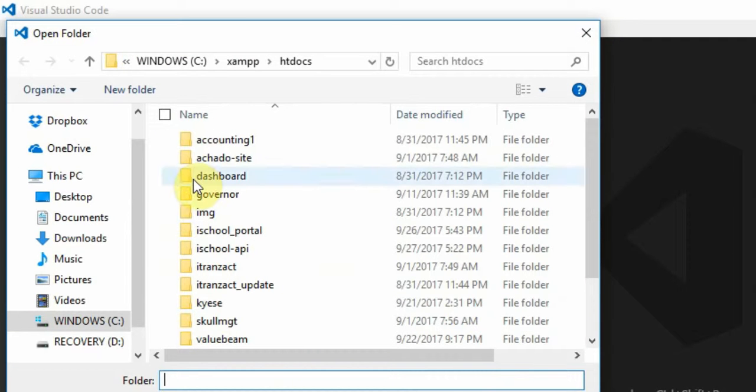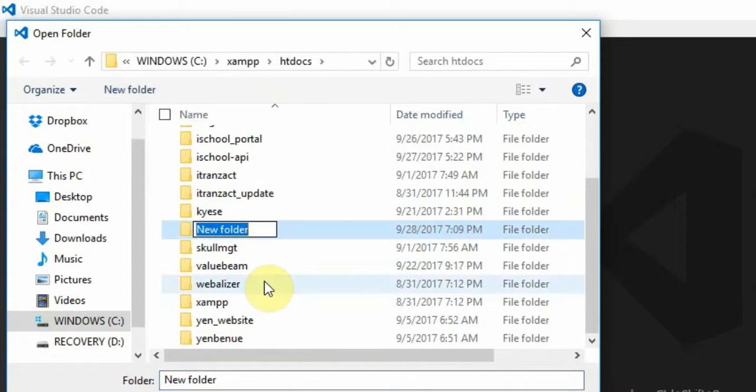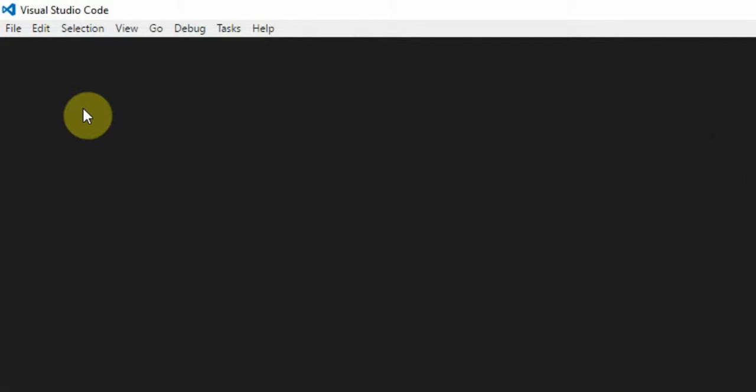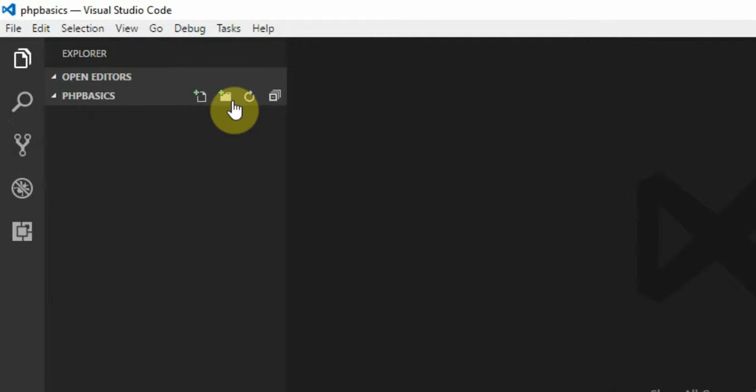So if you've installed XAMPP, you will then need to look for your HTDocs folder and create a folder there. My folder, I'm going to create a folder called PHP Basics. Save that, and then I will select that folder. Now the first file I'm going to create for this project is index. So I'm going to call it